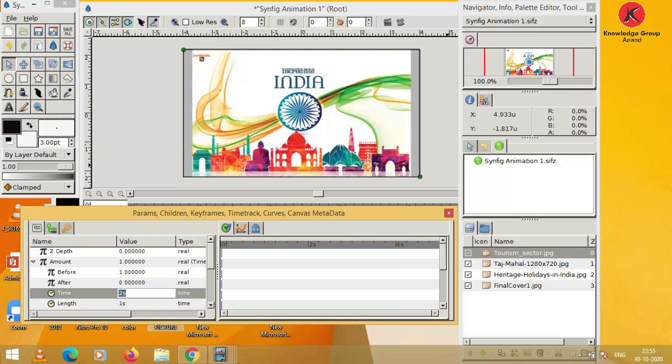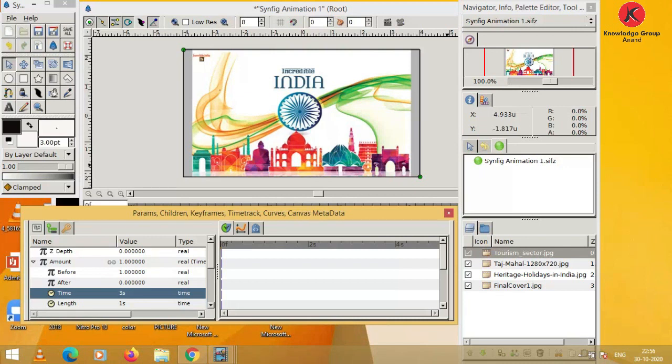Here we have to decide for how many seconds the image is shown on the canvas window or on the screen. In the textbook the default time is 5 seconds. Here we apply 3 seconds. So apply 3s and press the enter key. So we set the parameters for the first layer.